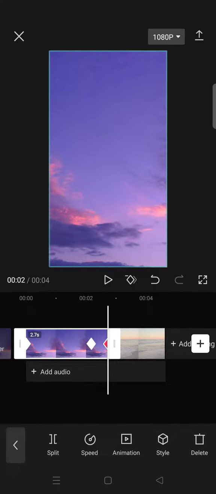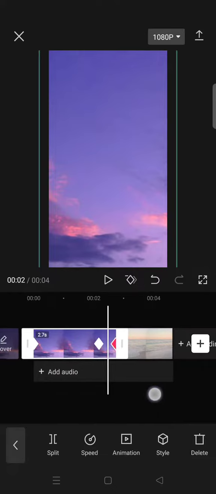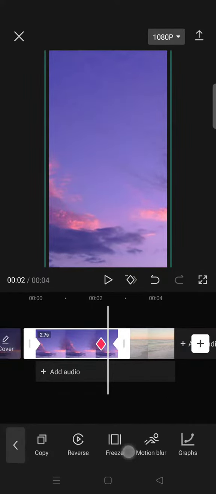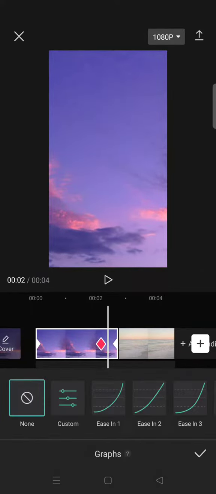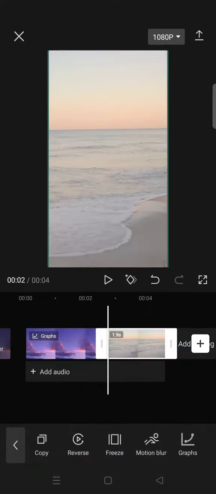And at the end of the clip, zoom in the clip like this, and then in between the clip, go to graphs and add the ease in to graph. Now click on the second clip, add another keyframe at the start and zoom in the clip